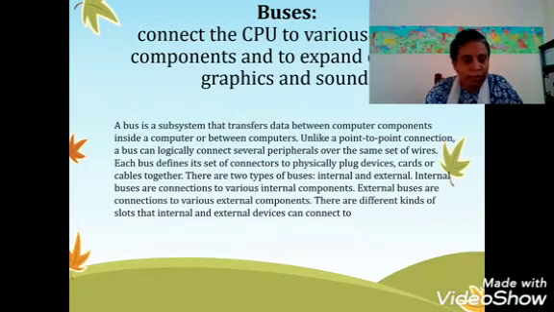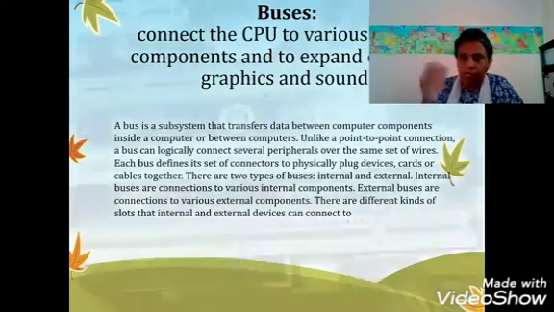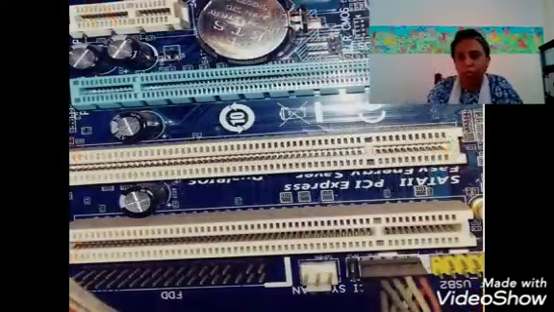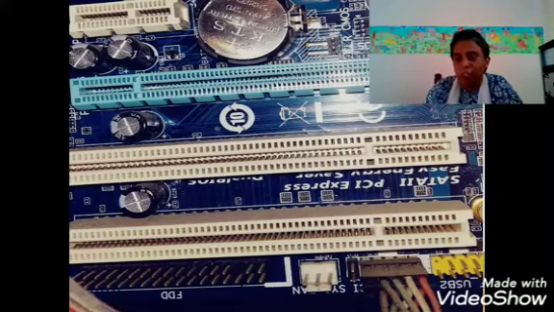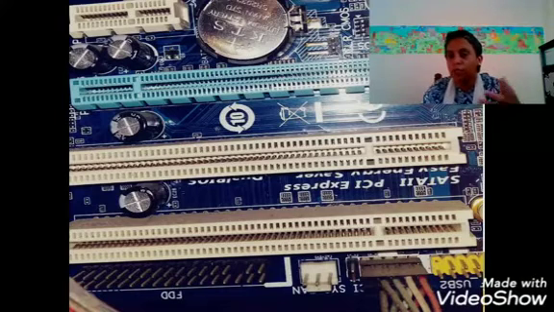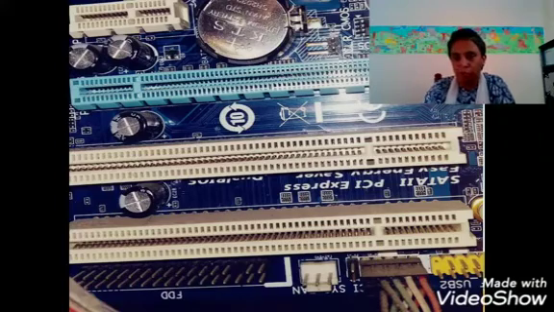I have shown you that RAM chip that is connected to a bus. It will be assembled in a bus. So here you can see the slots. Those are called bus or expansion slots. Why is it used? We need to listen to whatever music or sound is played, so the sound card should be there in your cabinet. Then to view videos, there should be a video card. How are we going to fix it? Through this bus.